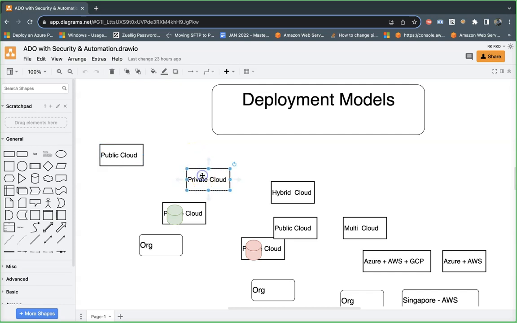What is this private cloud then? Why is it different from the public cloud? Why are we calling this one a private cloud? Okay, team. Maybe you trust the cloud. You trust the cloud, Azure, AWS or GCP. Those are public because, see, the name itself is very clearly telling it's public.